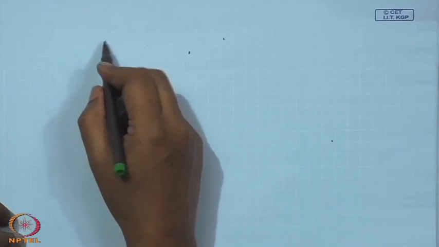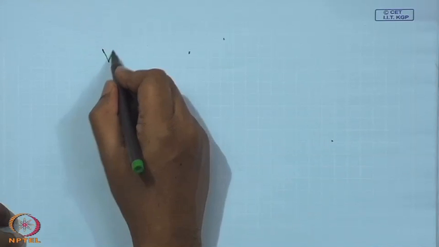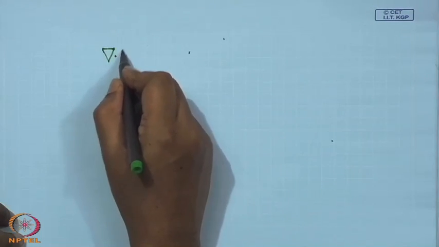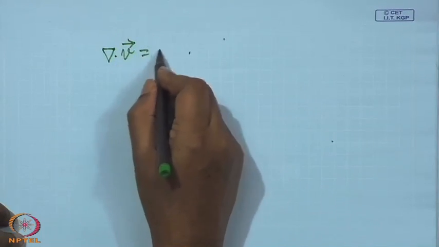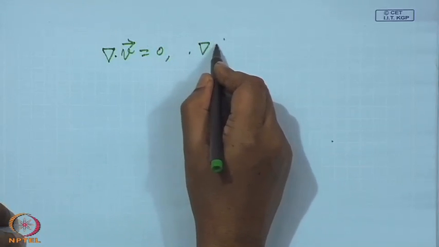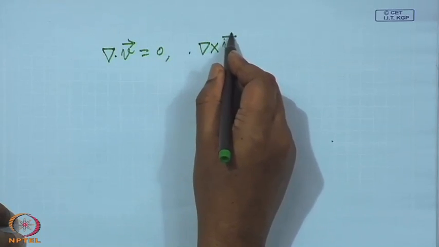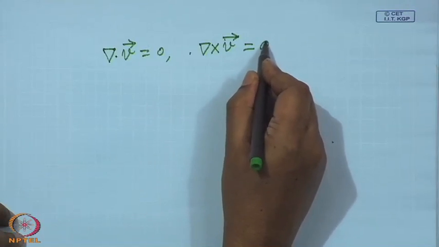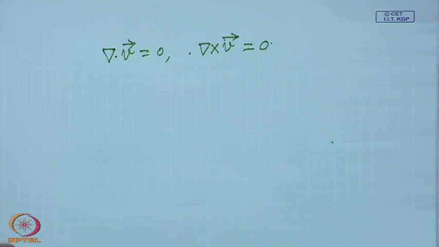Now, we will work again not in terms of u, but in terms of V, that is, one of those three contributions. Since we have divergence of V equal to 0 as well as curl of V equal to 0,